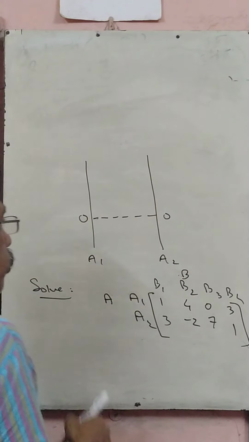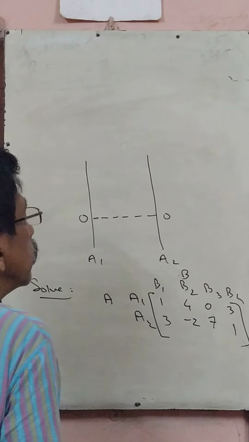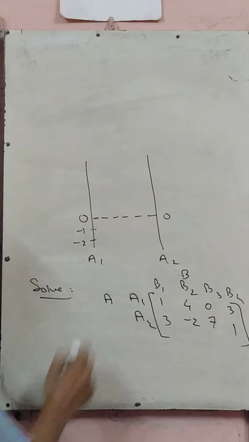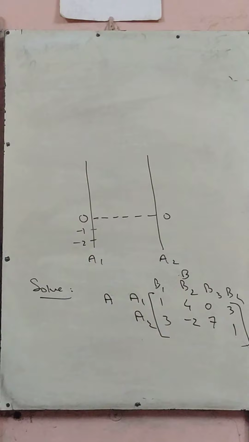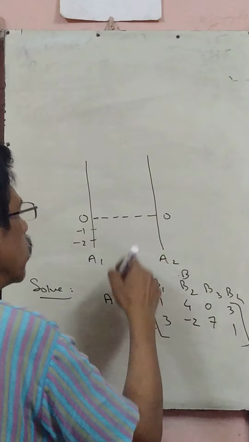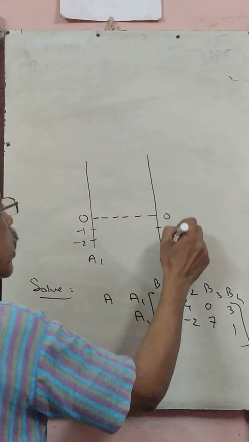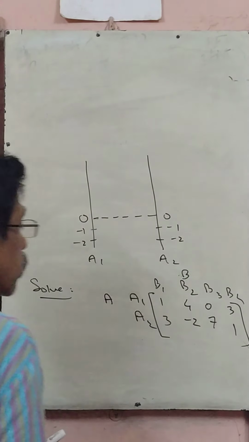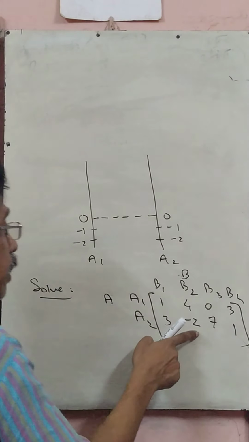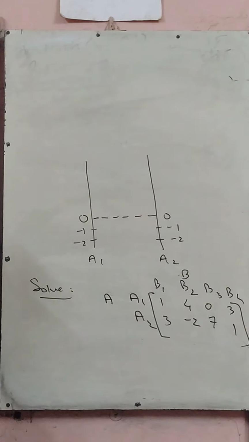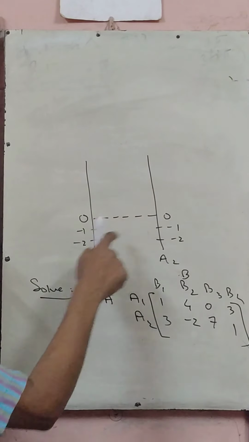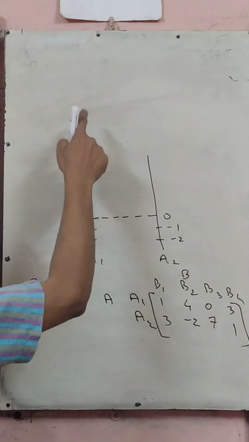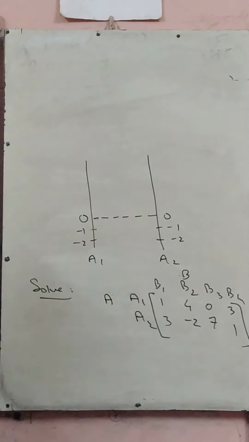Now when there are minus values, they will be shown below the origin. That means minus 1, minus 2 on this side. But A1 has no minus value. Okay, no problem. I have drawn it this way because when I draw minus 1 and minus 2 on this side, it will match. Why minus 2? If you look at A2, not B, A2, the lowest value is minus 2. That's why I have drawn minus 2. We don't need to draw minus 3, minus 4. Just draw the line. If you don't find graph paper, you draw 2 lines not very far away, with a reasonable gap,